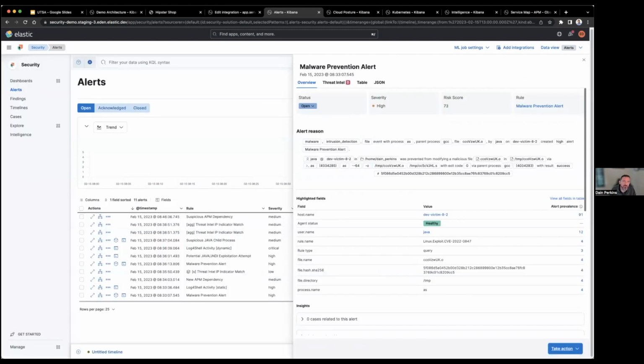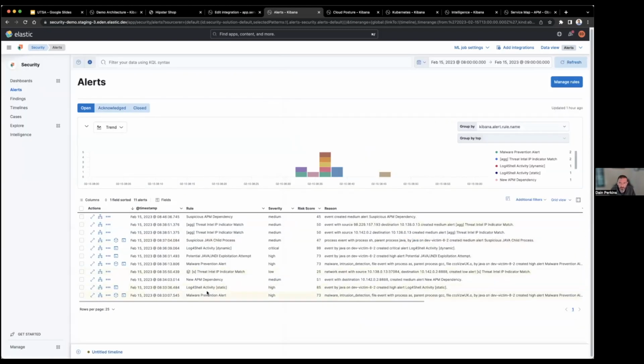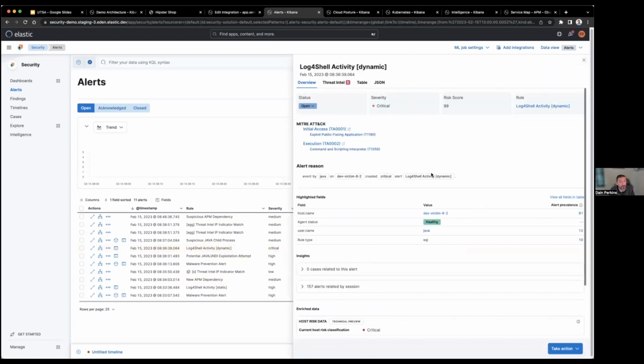Now, if we start digging through some of these other alerts, I'm actually going to jump to this Log4Shell activity dynamic. So this is a new feature that we released in version 8.6.1. This is actually across anything that has rules populated with MITRE ATT&CK tactics and techniques, and you can customize these for your own environments.